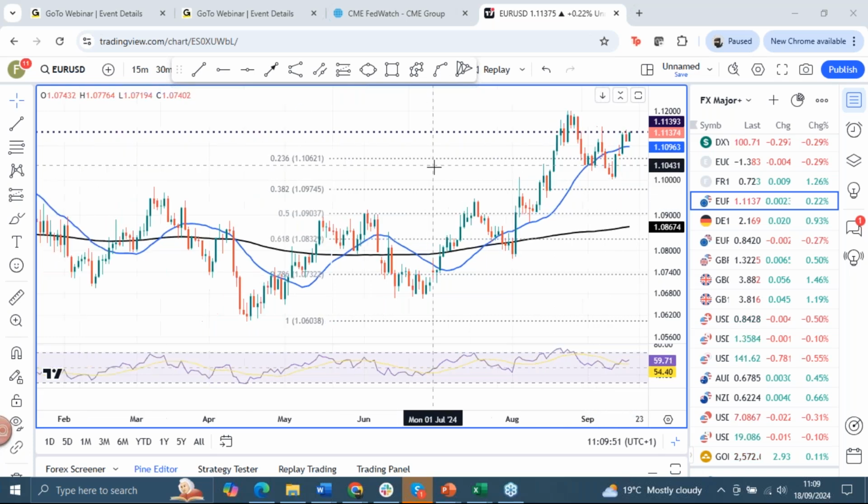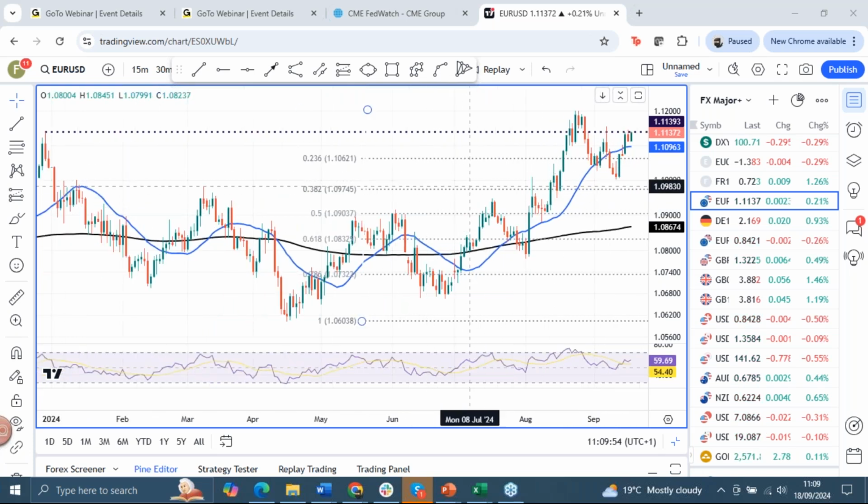110 level. We do have back here the late December high, that's at 111.39, just capping the upside at the moment, capped the upside before, and obviously we broke higher just to 112, but then found pretty strong resistance there as well, although we were, you can see, overbought on the daily RSI. So we just pulled back just below that first fib level, below the 50-day moving average. Let me just check. That is the 50-day moving average, 21-day moving average actually. So just below that, and then we're just tracking above it now, but below the 1139 level. 112 strong resistance. Otherwise, an initial support probably 110.62 and then 110.